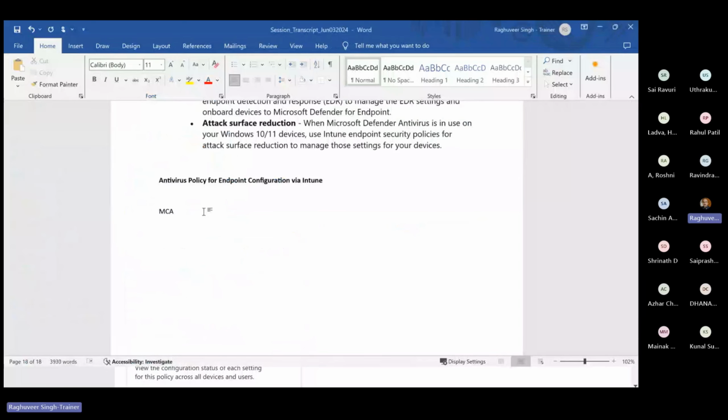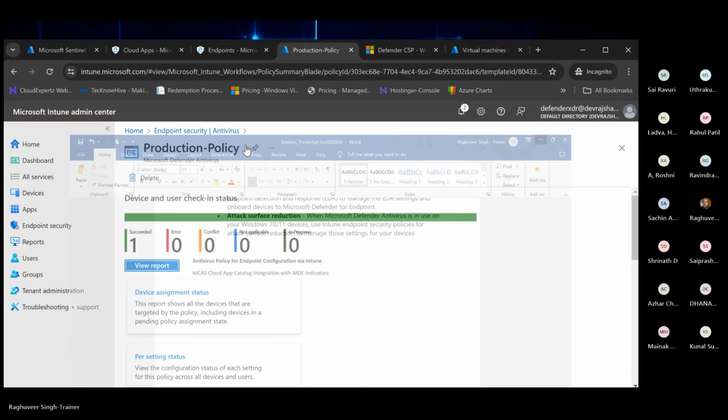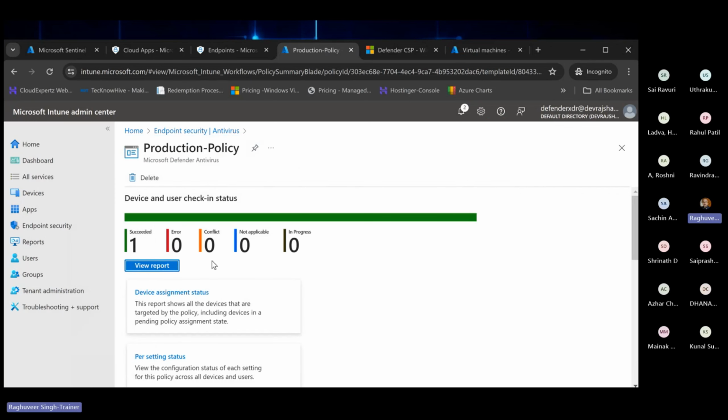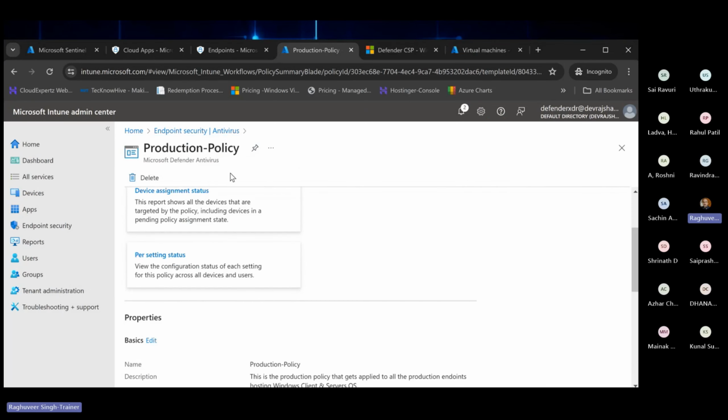So MCAS Cloud App Catalog integration with MDE indicators. Okay, so this is what we did. Now let's move on. After we are done with putting in the policies, let's move on to